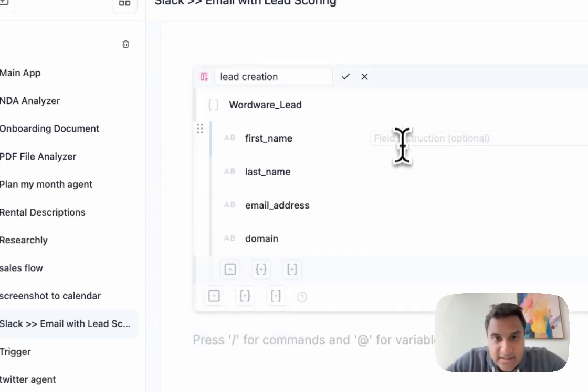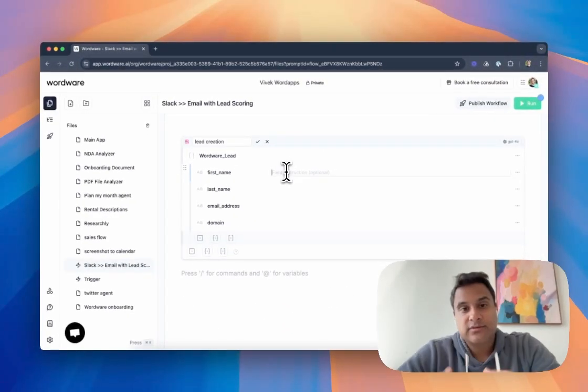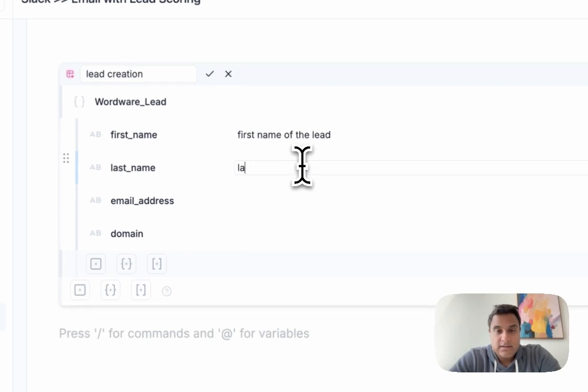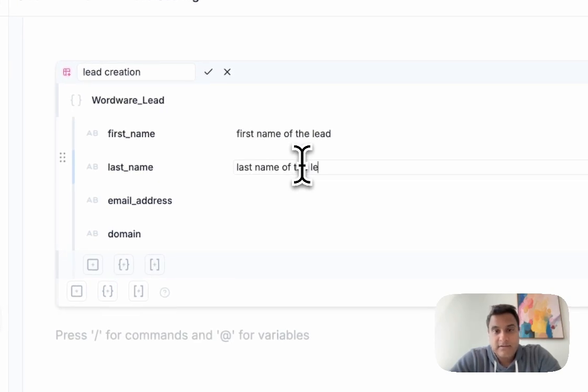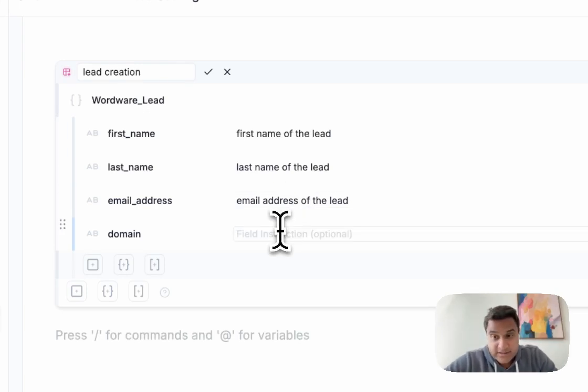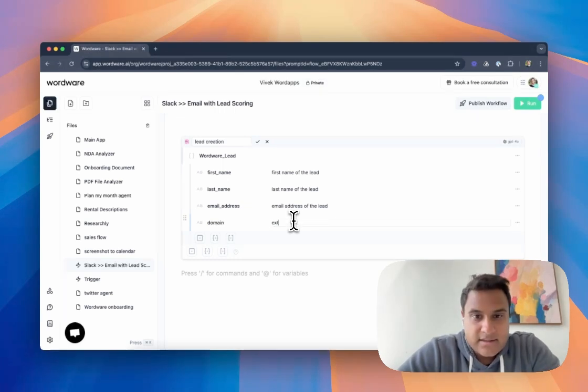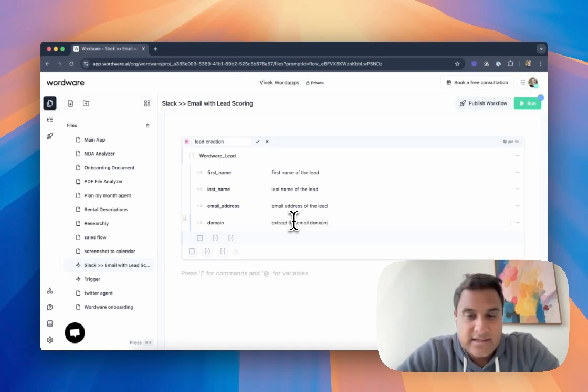And I can basically give the LLM instructions on what to put into this field. So the instruction here is going to be first name of the lead, last name of the lead. Now, usually the LLM would actually just get this, but I'm just being extra certain that it knows what to do. Extract the email domain from the